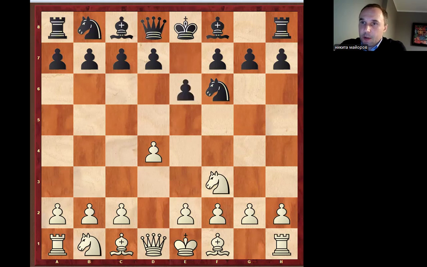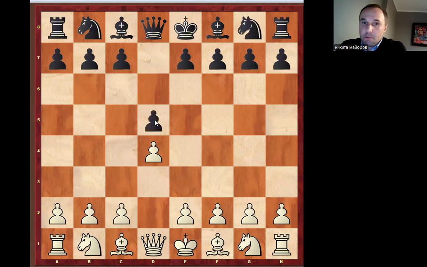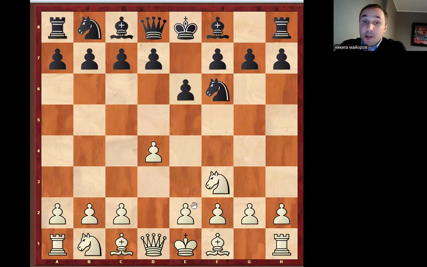Typical move order is e4 e6 and now e3. So instead of c4 on the second move, white plays knight to f3 and then e3. So and usually